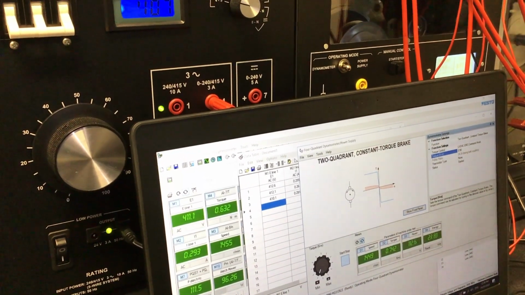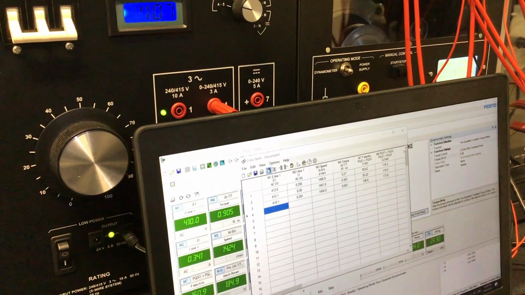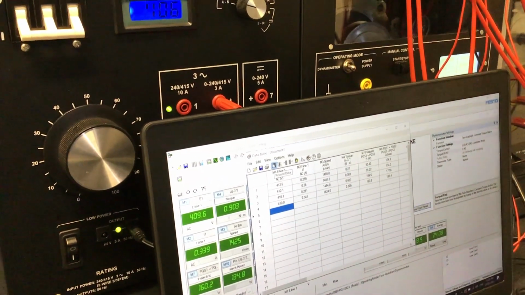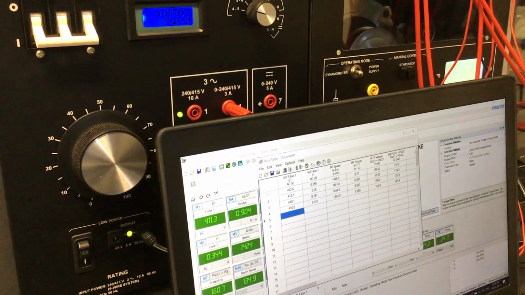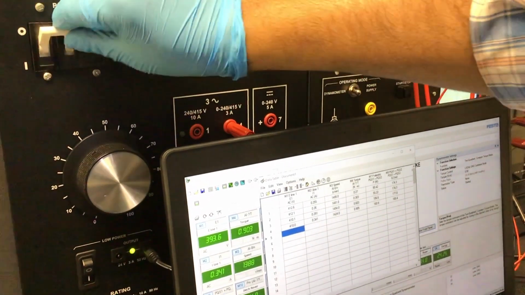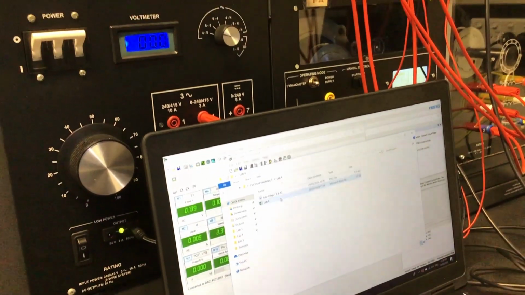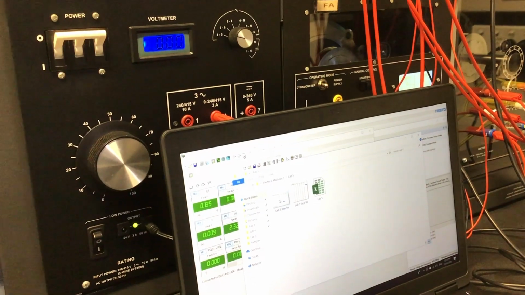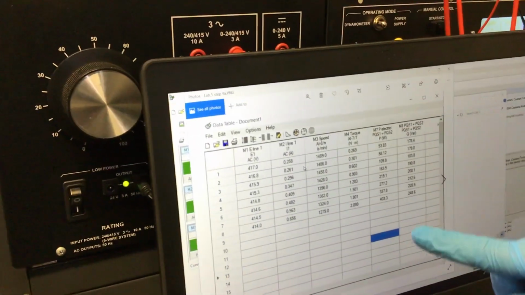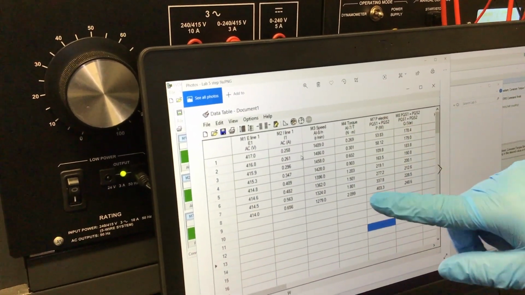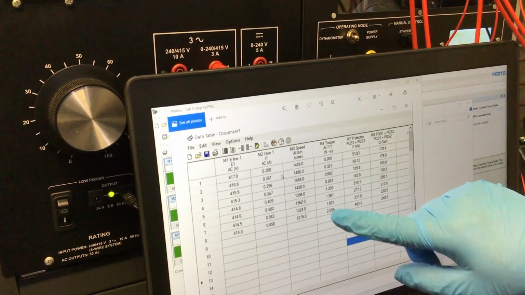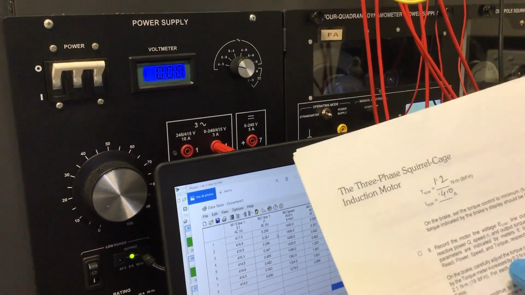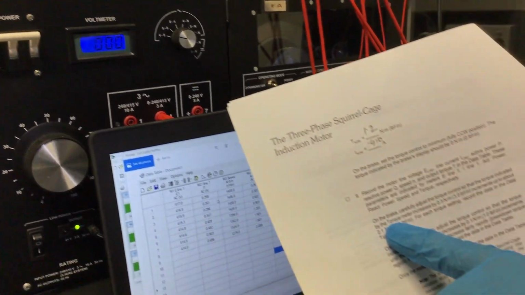9.9, and the speed is decreasing. So this way we can measure the data. I will show you the data. I call the first one 9A. You can see we just increase the torque 0.3 to 2.1 because they said the maximum is 2.1, 0.3 to 2.1.